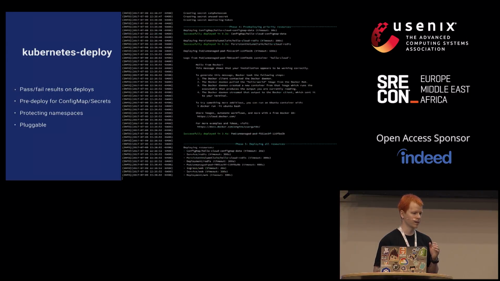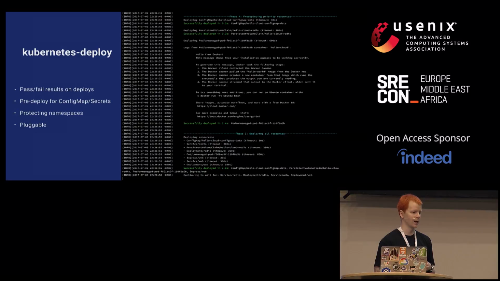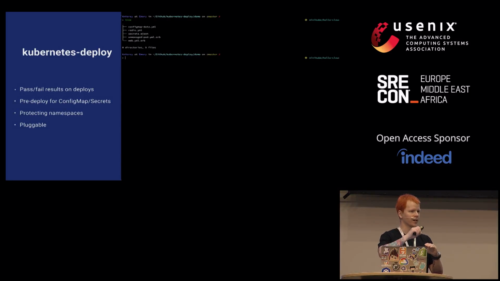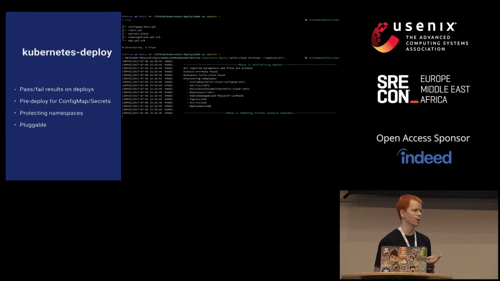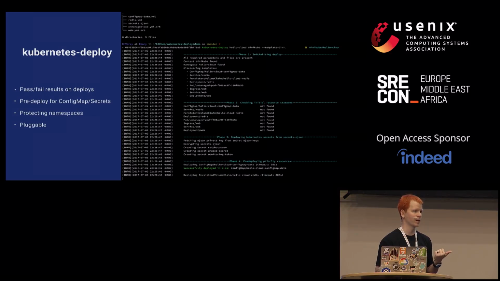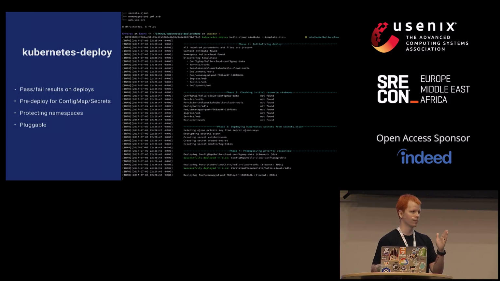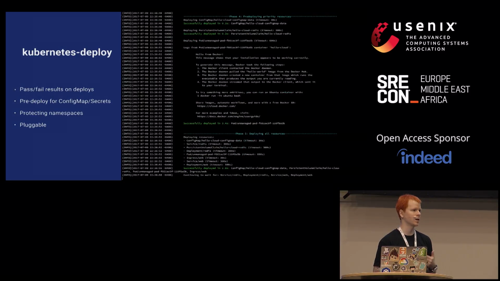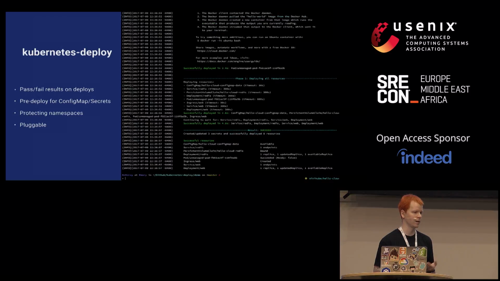Kubernetes deploy solves this problem by doing the kubectl apply -f, but after that, looking into those changed resources and making sure that they are actually in the state that you wanted in your template. So a trivial example would be a deployment. If you have 3 replicas and you change the image, so you deploy the new version, is the new deployment healthy? Did all the replicas come up? Are they serving traffic? That kind of stuff.